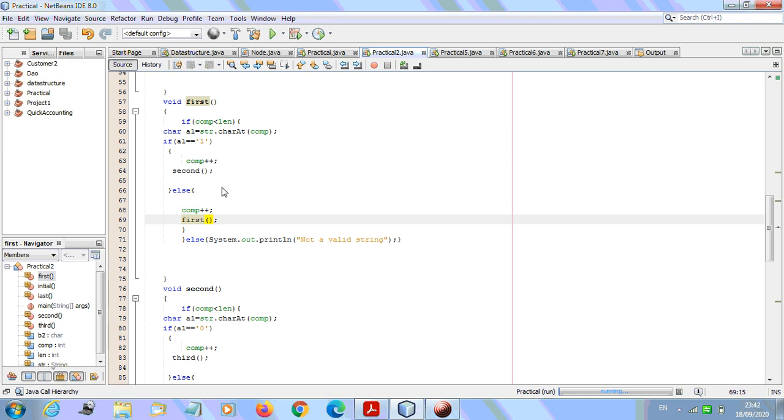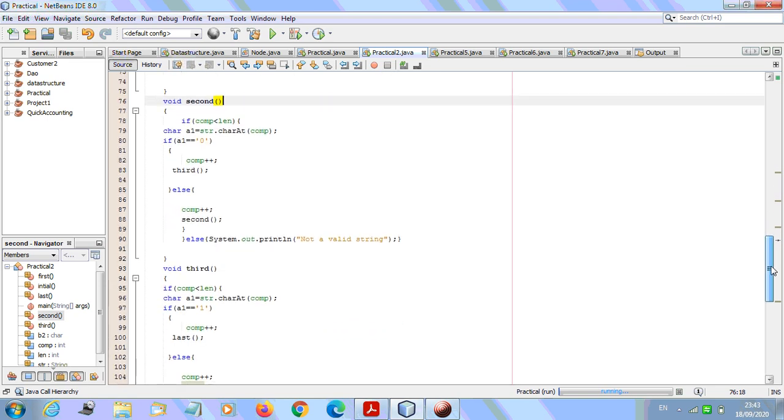If the string is exhausted in this first state itself, what will happen? We are going to print that this is not a valid string. We know that if the string is completely exhausted and we are in the final state, only then will the string be called accepted. That's all. So if everything goes fine and we have given 1, we'll move towards the second state. The second method is defined here itself.